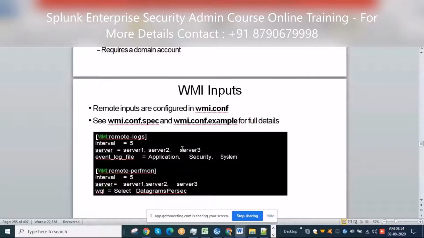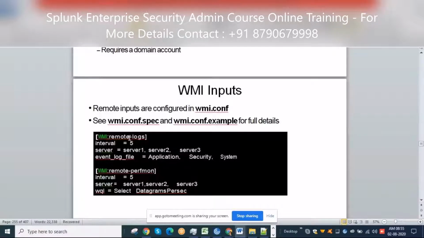Okay, so not Windows machine input, it's Windows Management Instrumentation. It is specifically used to get some specifications, not more than that, managing devices and applications in a network, etc.